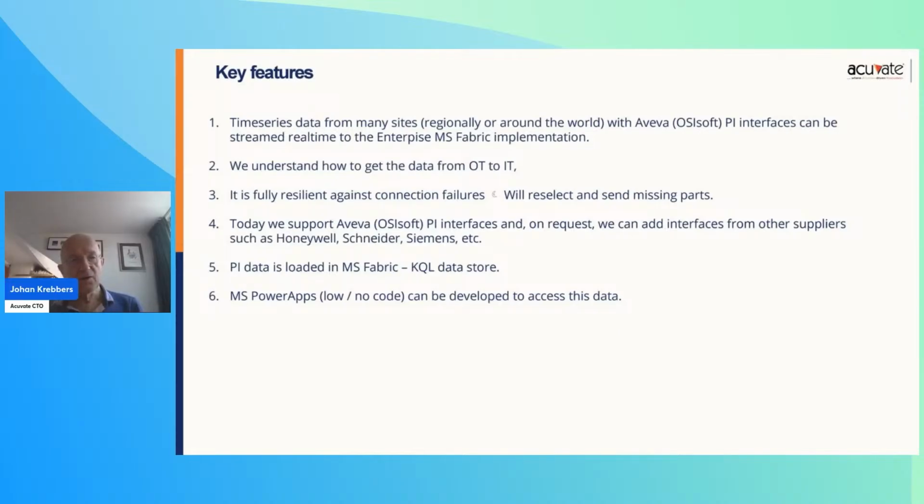It's important that we talk here about time series data. If you're familiar with that space, then you know that the frequency of these messages is very high. It can be every second, every 2 seconds, every 5 seconds, every millisecond, depending on the setup. These messages are very short, because they can be just temperature values, pressure values, rotations, you name it. And of course, in the case of Fabric, we store these in the KQL data store and can use KQL also for manipulating data. So it's fully integrated in your Microsoft Fabric environment.